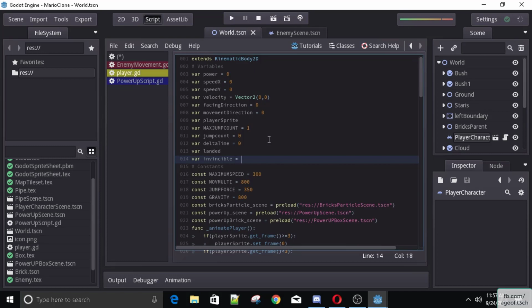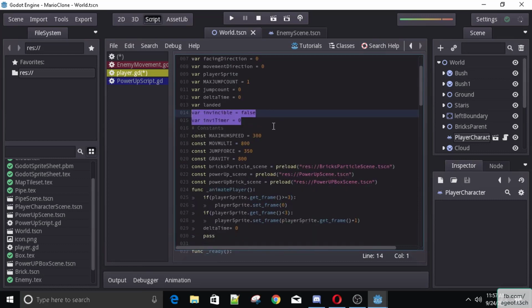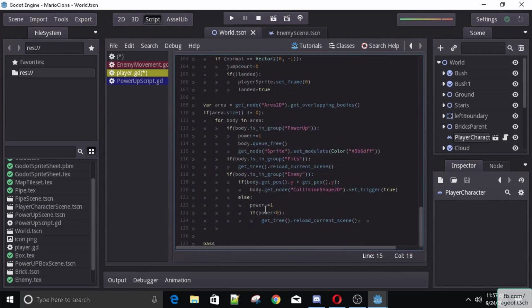Alright. By default, this will be, of course, false. And we will need an invincibility timer, which will be 0 by default. Alright. And let's now scroll down to where we take damage. So here we check, we say else power -1. We have to check else if